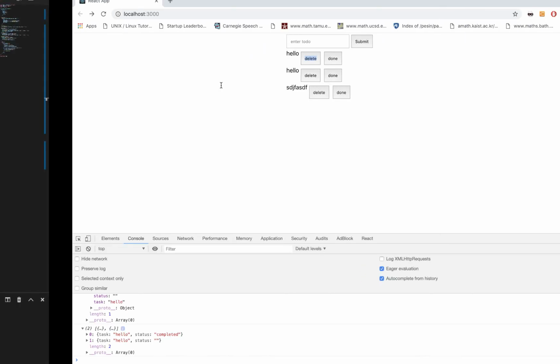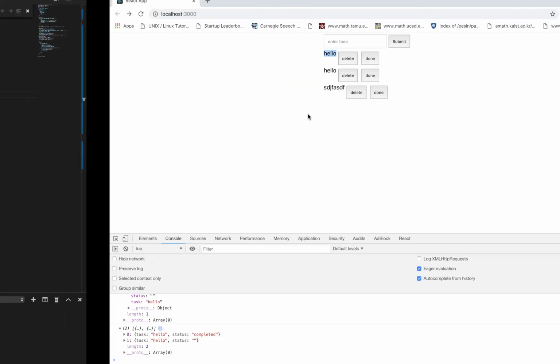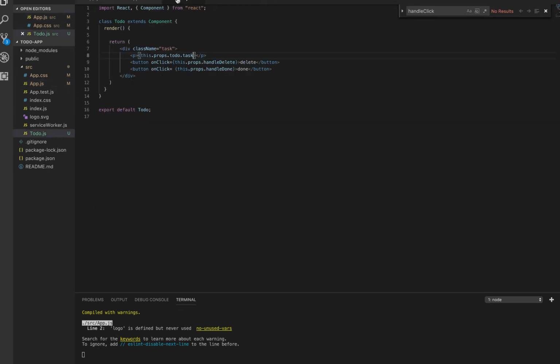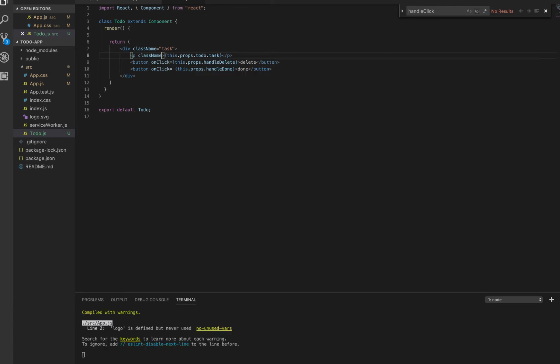How we do that is we set a property on this, so that when we click on done, we just strike this out. So let's get to it. On our to-do, I'm going to set a property. Let's set a class name here, and the class name, I'm going to call these